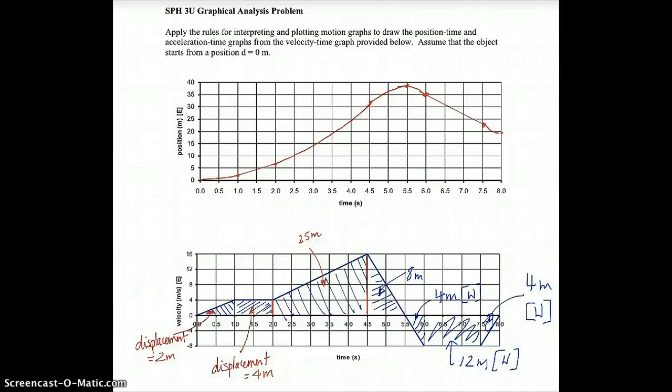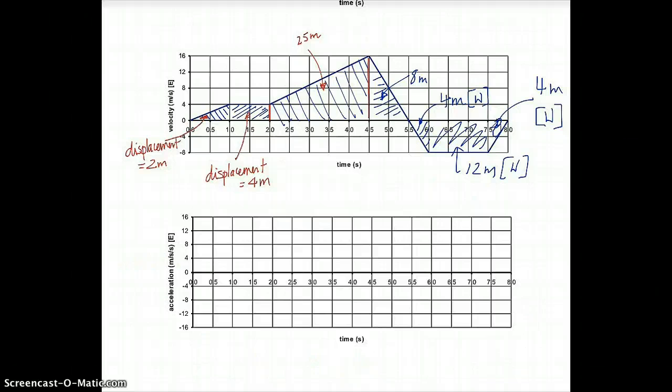Okay, so there's your position time graph. Now if we go and take a look at the acceleration time graph, to get from the velocity time graph to the acceleration time graph, I measure the slope. So I'm going to take each line segment and measure the slope. The slope is constant in each of the line segments, so the acceleration is going to be constant in each segment as well. So if I start off with the first section right here,